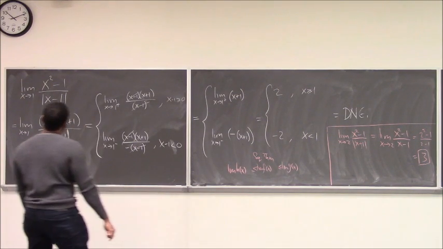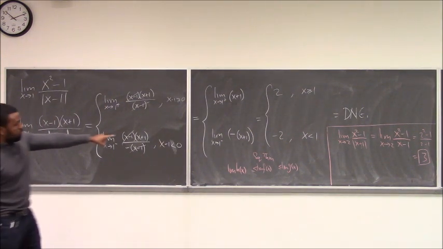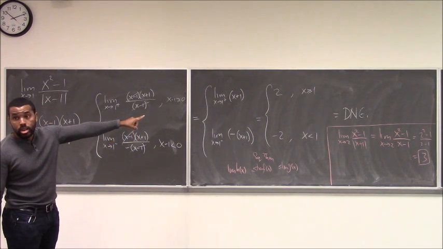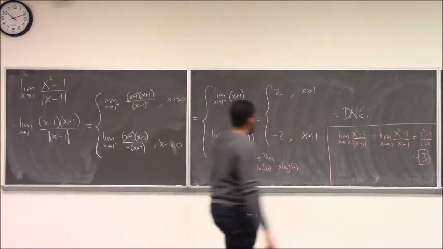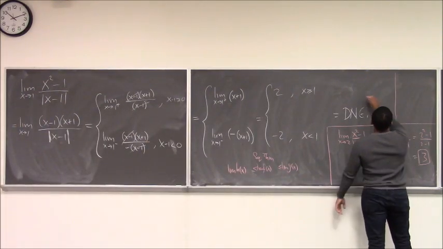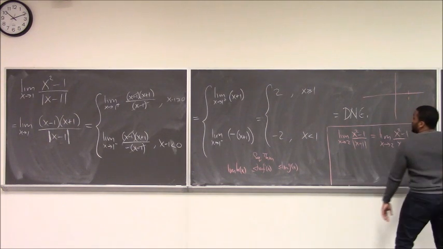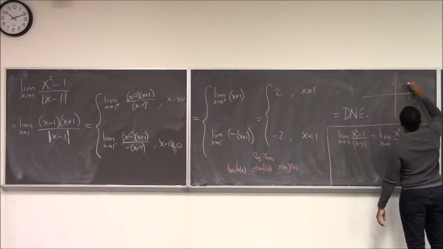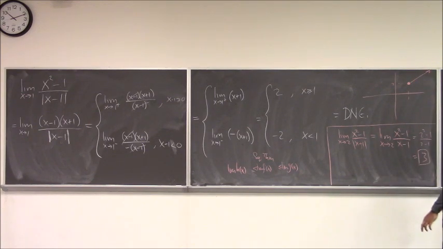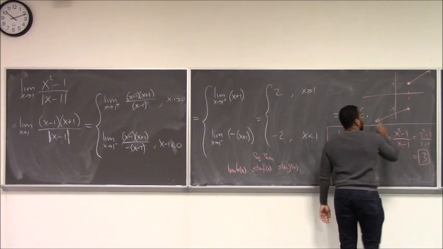I see what you're saying. I'm not sure off the top of my head what the graph of this would look like. Well, not true. We know what it would look like. It's a piecewise graph. On the right side of 1, it's x plus 1, and on the left side of 1, it's the other one. Yeah. So the graph of this one, at 1, on the right side, it would be the function x plus 1. So it starts at 2, and then just goes off in a straight line. And to the left side of 1, it would behave like minus x plus 1. So it would be at minus 2, and then it would go off from that.